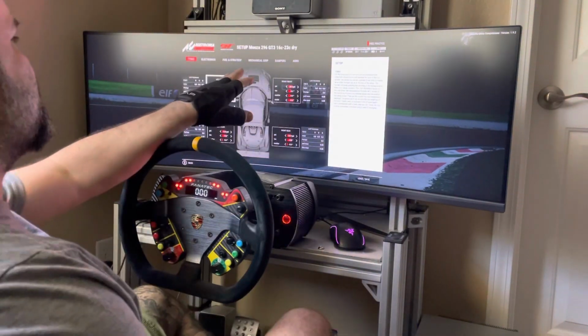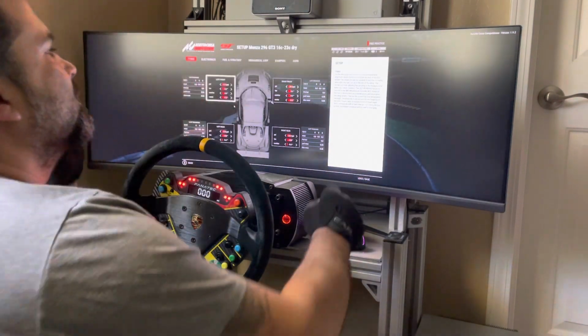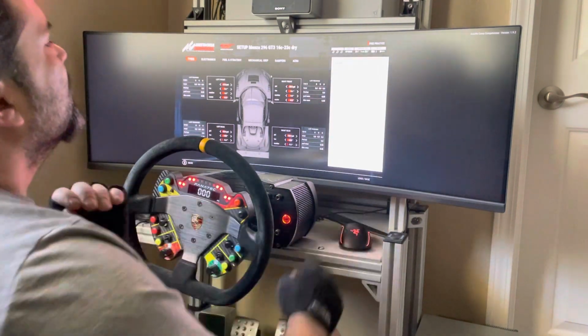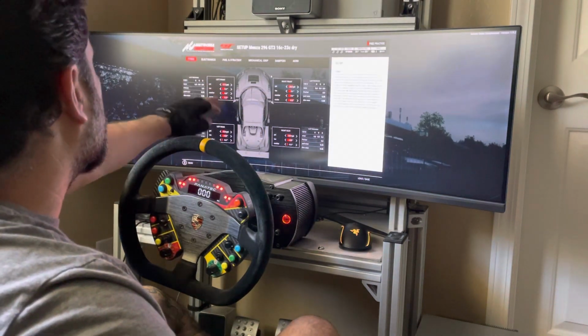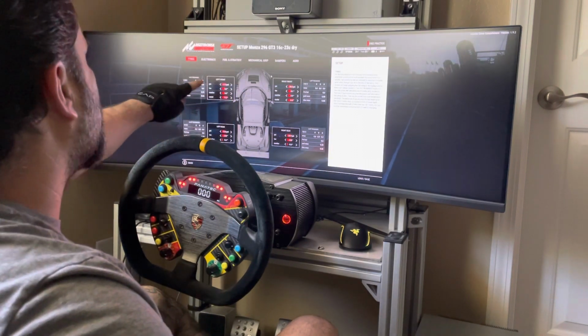So tire temperatures are set up for 16 degrees, and track degrees is 23. Of course, tire temperatures are gonna vary. You can fine tune these. I'm not certain they're optimum. There might be like 1 or 2 psi difference, but